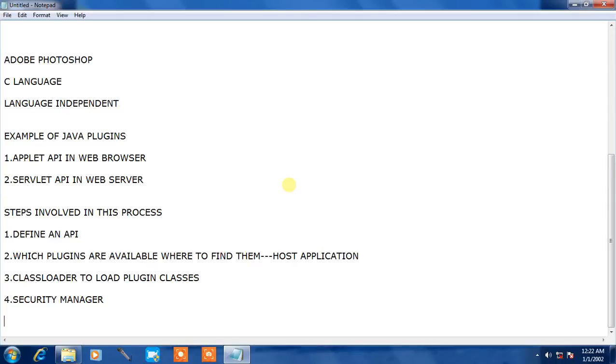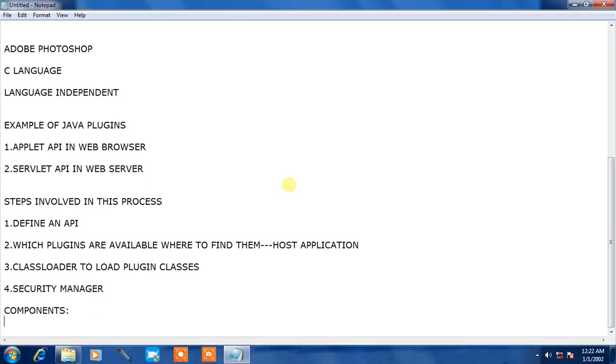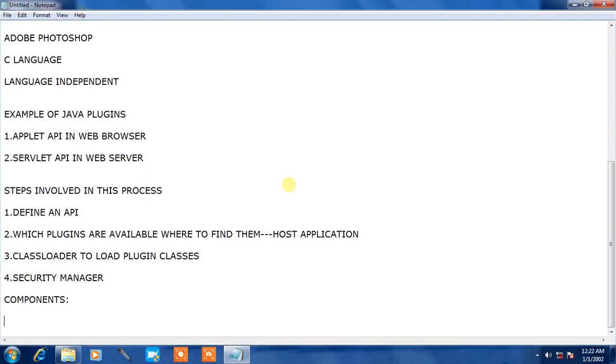Let us see the components of a plugin, which show the various pieces of code that help to implement all of the code. Among the components of the plugin mechanism, the plugin demo is an example application.